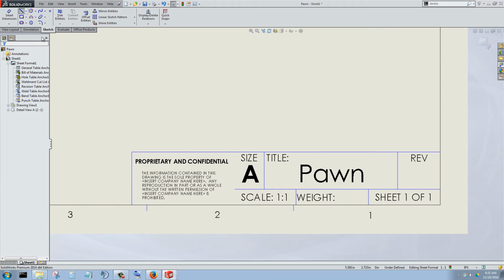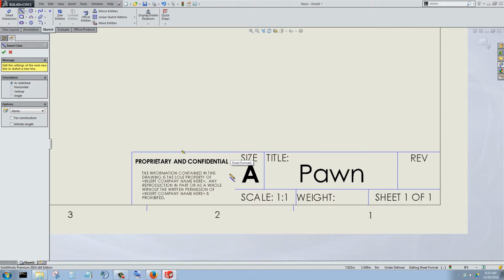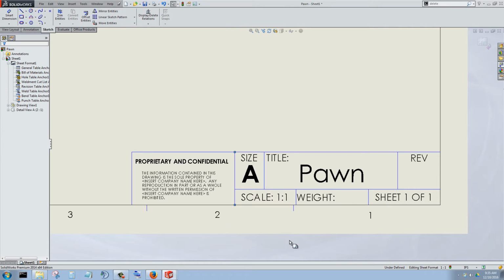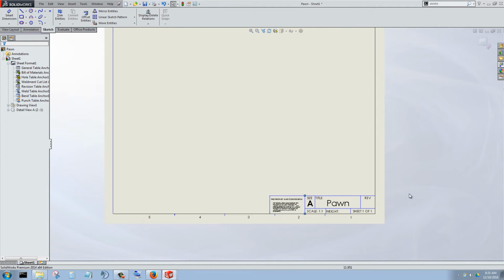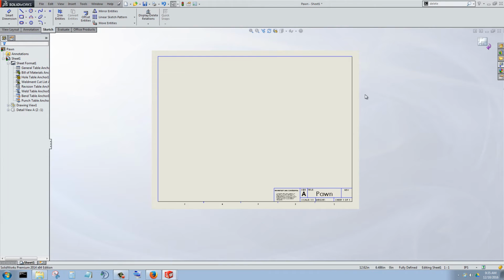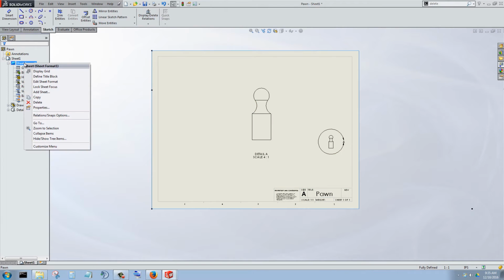Oh, and put one line back in. Now, I have my title block, and what I may like to do is